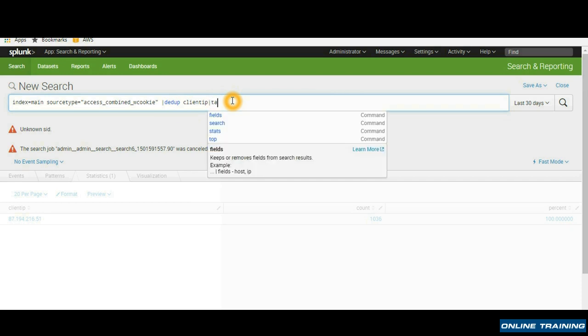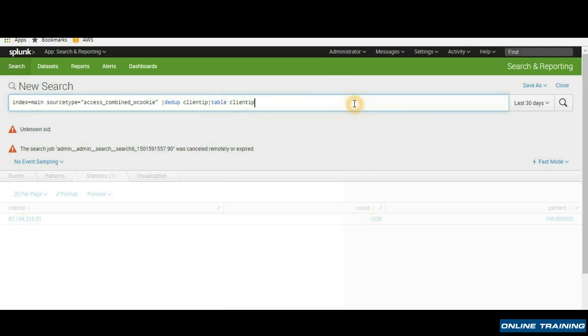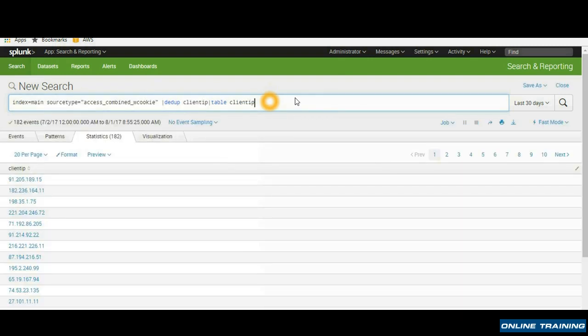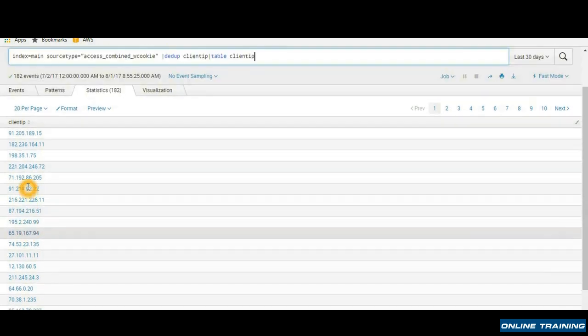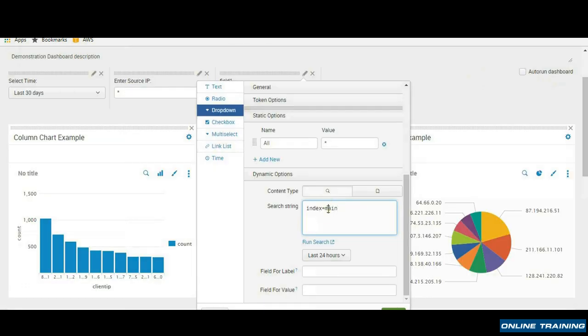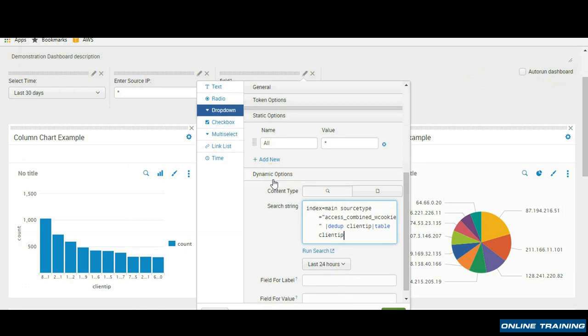Once you have deduped the client IPs and removed all the duplicates, I'll just create a table with only one field, that is my client IP. As you can see, I've got 182 distinct IP addresses, and these are listed as part of a table which are all unique. I'll copy this search